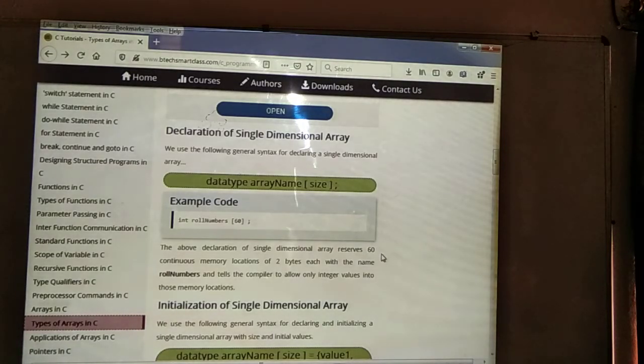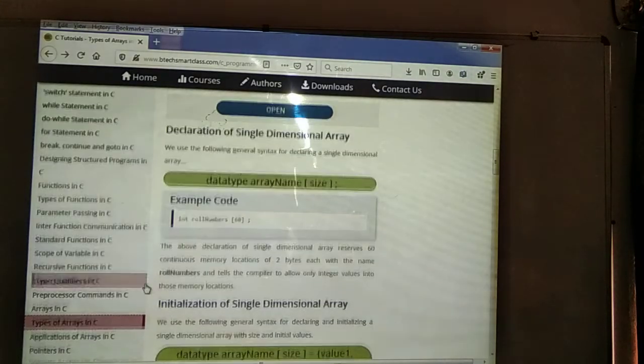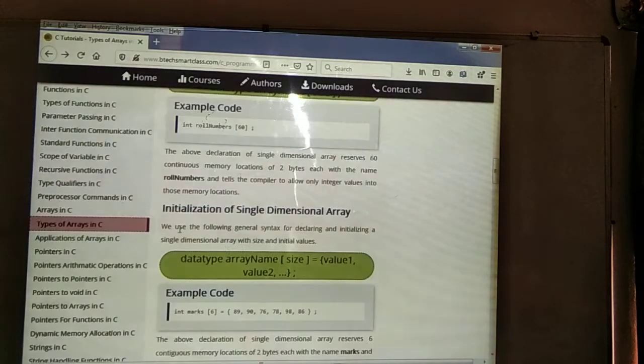And it tells the compiler to store only integer values in the memory locations. Means here we are intimating to the compiler that we are going to use the roll number and we are going to store 60 values of the same type. This is the declaration of the single dimensional array.